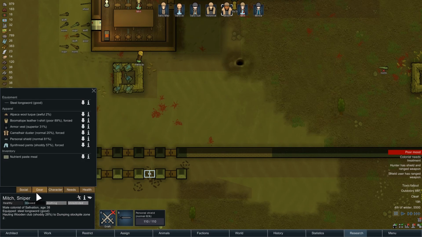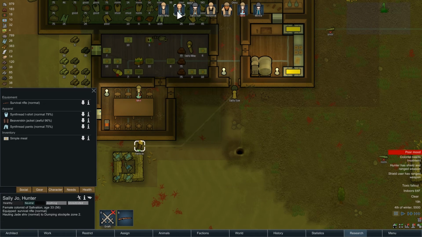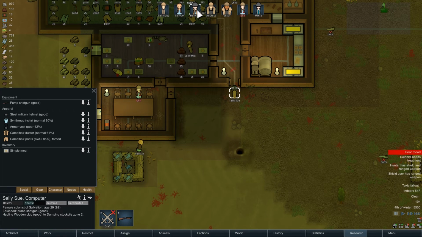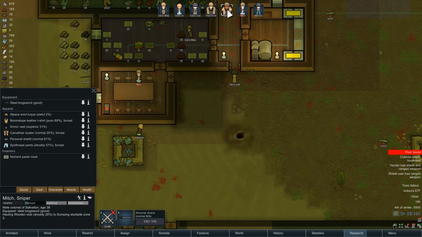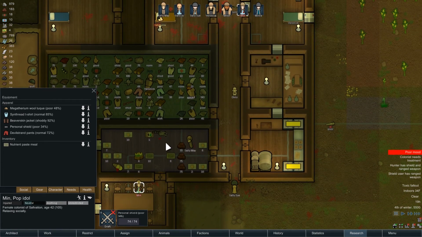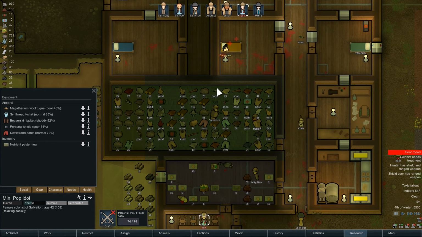The only thing is, though, now I have these personal shields. He has one, so that might be okay. Now, I did think I read somewhere that somebody is wearing one of these shields that shouldn't be. Oh, Min doesn't have a weapon. She must have dropped it. You can go ahead and take...